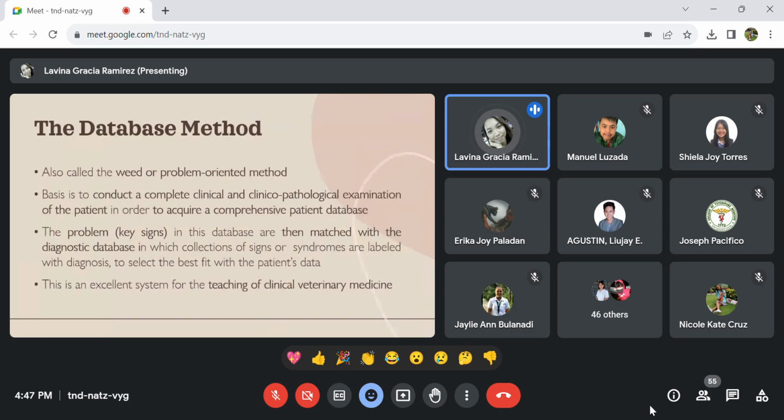And the last one is the database method. Okay, from simple to semi-complex to a very complex method of diagnosis. However, in the database, you have the term database. There you have a record. You have a pool of proof, or support, to a possible identified condition.